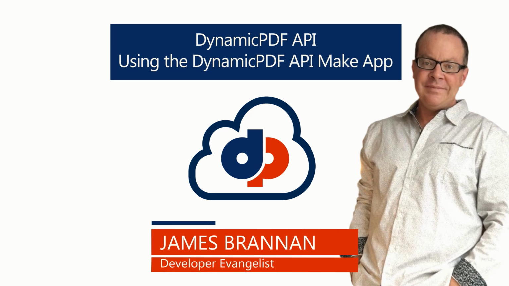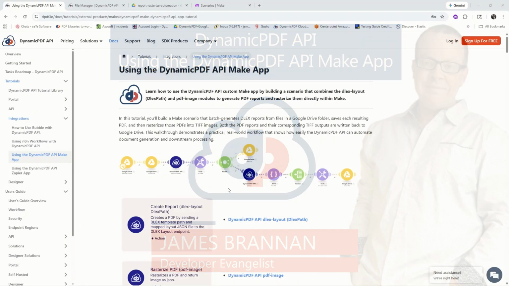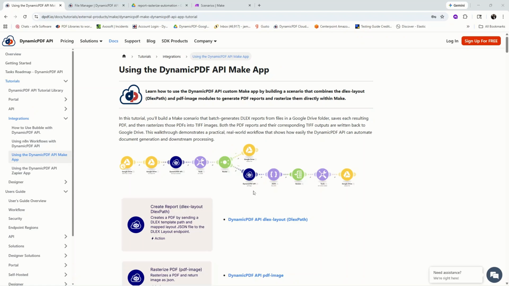In this tutorial, you'll build a Make scenario that batch generates DLEX reports from files in a Google Drive folder, saves each resulting PDF, and then rasterizes those PDFs into TIFF images. Both the PDF reports and their corresponding TIFF outputs are written back to Google Drive. This tutorial demonstrates a practical, real-world workflow that shows how easily the DynamicPDF API can automate document generation and downstream